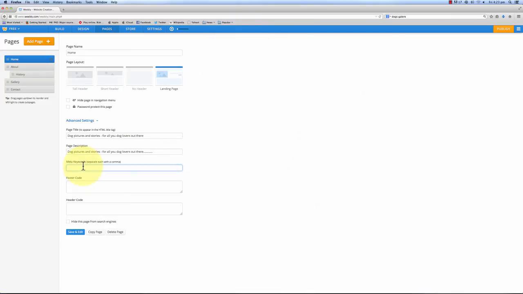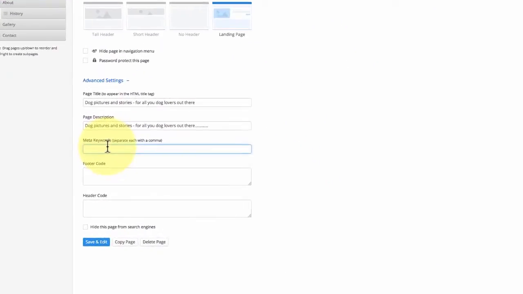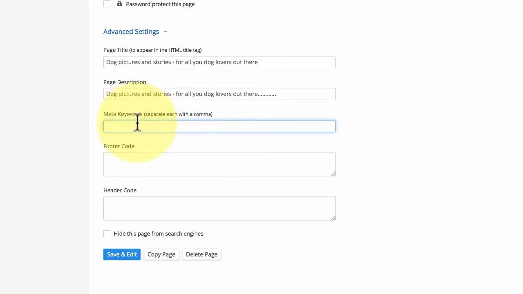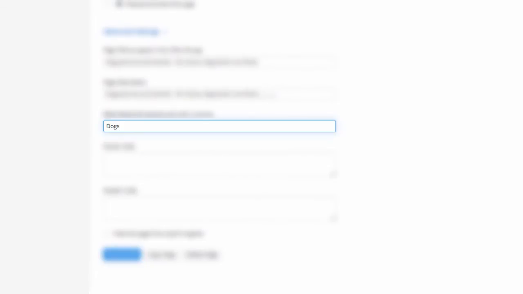And in the meta keywords, it's very important to give this a lot of thought. These are the kinds of words and phrases that people would type into Google to find you. Because this is a website that's dedicated to dogs, it'd be good to write dogs, but that's a little bit general. If you type dogs into Google, you'll get thousands, hundreds of thousands, perhaps millions of websites with dogs. Try and make it a bit more specific. Dog